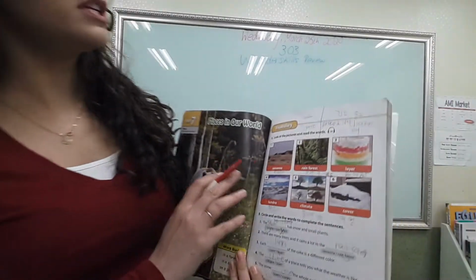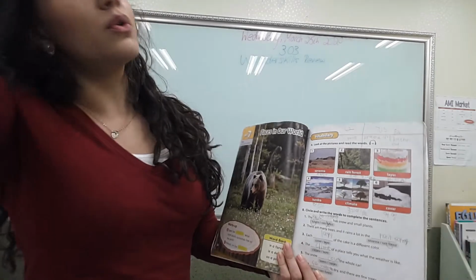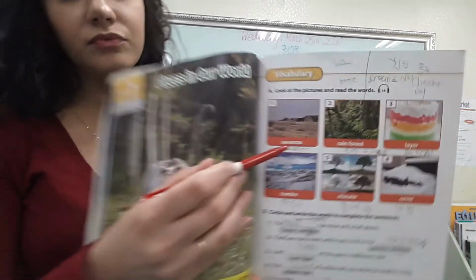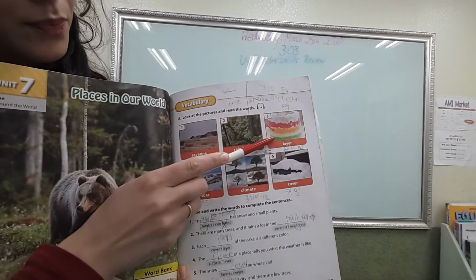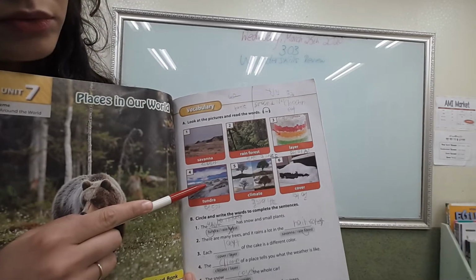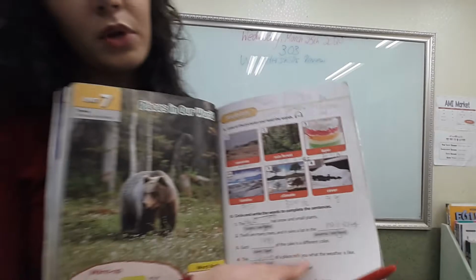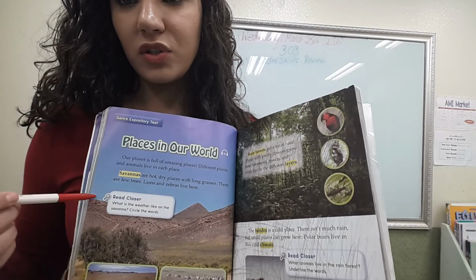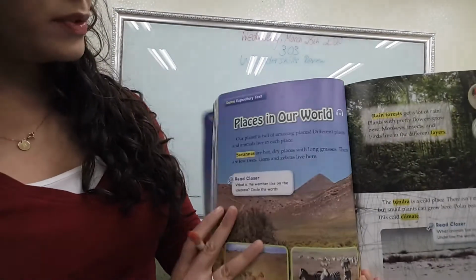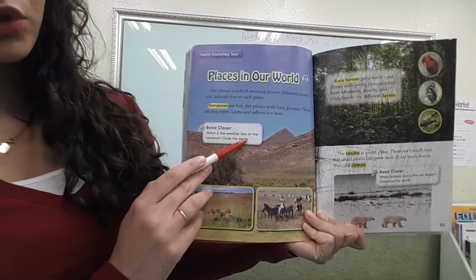We learned about the different types of ecosystems in the world. So there are savannas, rainforest, layer, tundra, climate, cover. Read the story again and find and circle the vocabulary words that we just read. When you read closer, underline, what is the weather like on the savannah? Circle the words.